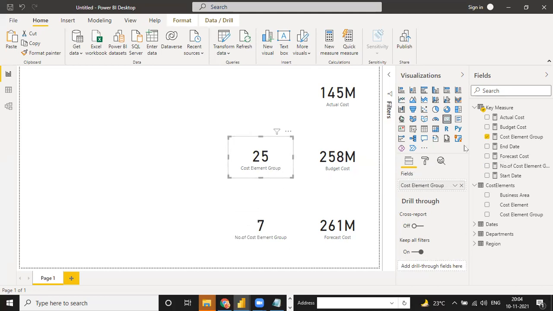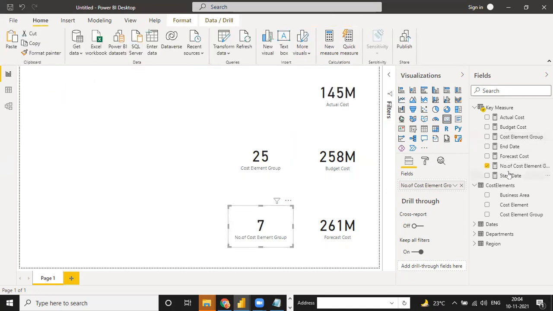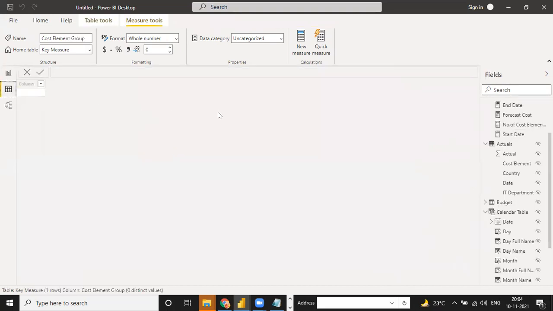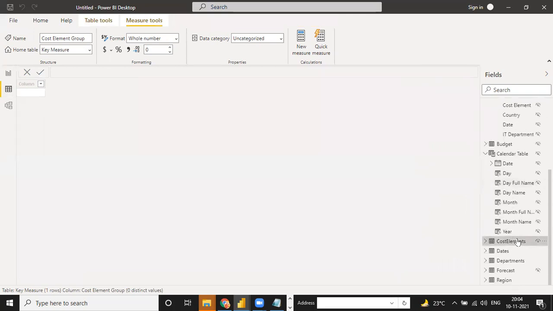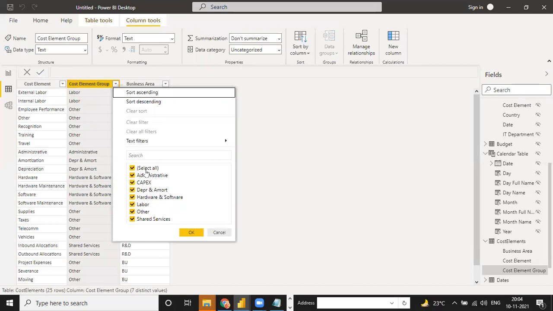Okay, yeah, it will count all the columns. It will not count one column. It will count all the rows of the complete table. And this function, count, gives you only the distinct count of cost element group. If you count on this, 1, 2, 3, 4, 5, 6, 7.